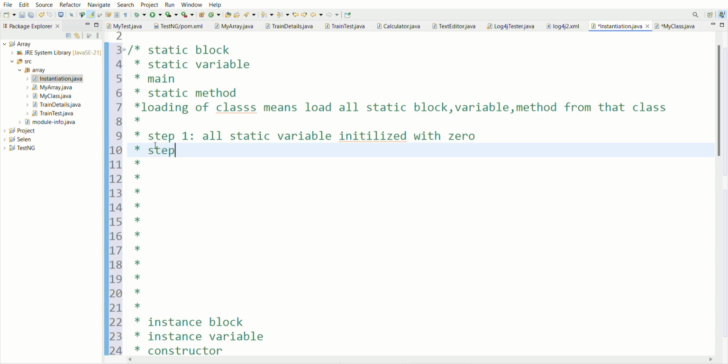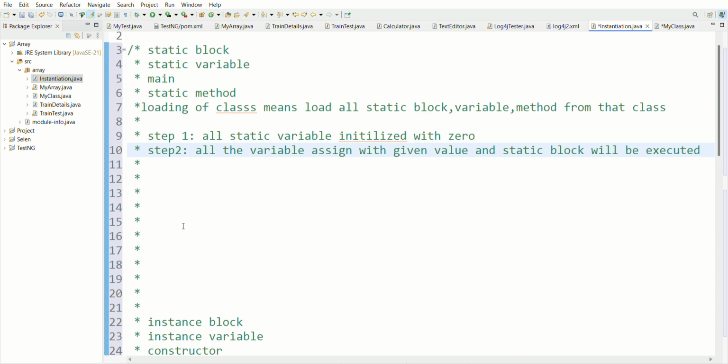Now step 2. In step 2, all the variables are assigned the given value and the static block will be executed.